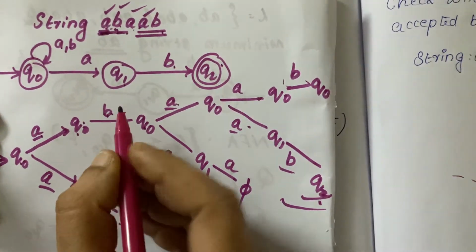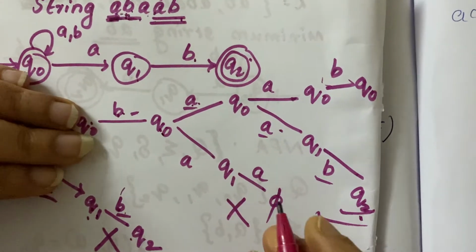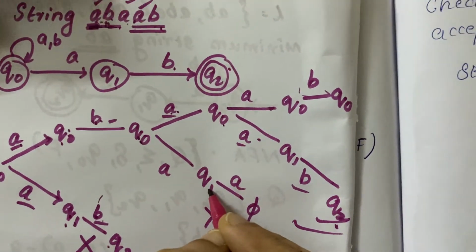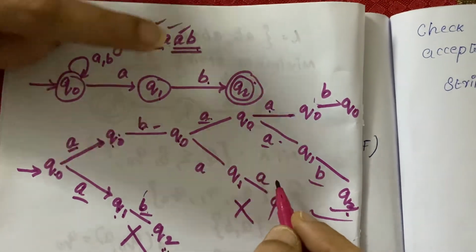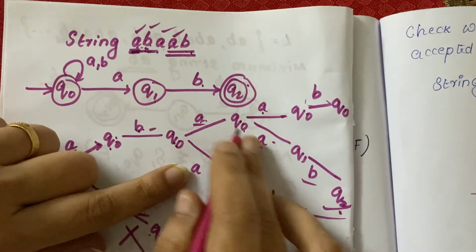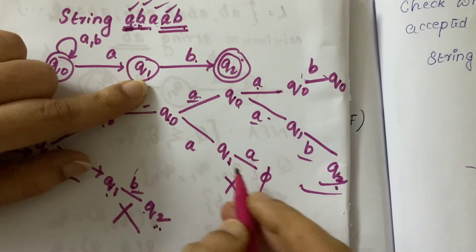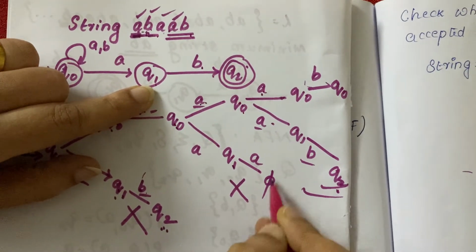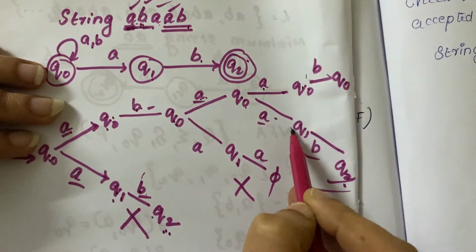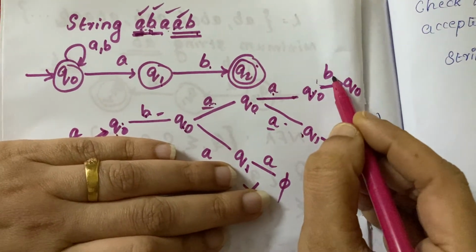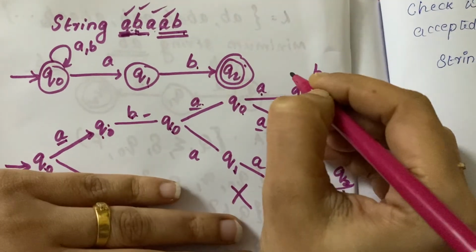Now B is over. Again A comes. If A comes, definitely Q0 will split into two transitions, one to Q0 and one to Q1. Next, one more A comes. Q0 again splits into two parts. Here A also comes, but Q1 is not going anywhere, because Q1 is not accepting any A. That's why I have put it as a dash. Now Q0, if it accepts A, again goes to Q0 and Q1. Q0 on accepting B goes to Q0. Is this a final state? No. So when you consider this move, it is not acceptable.